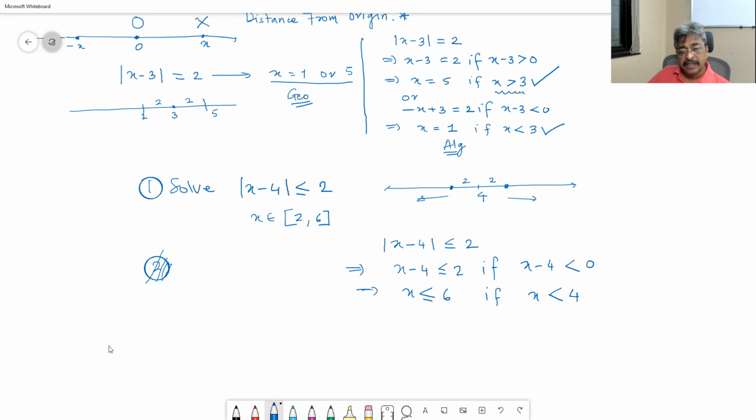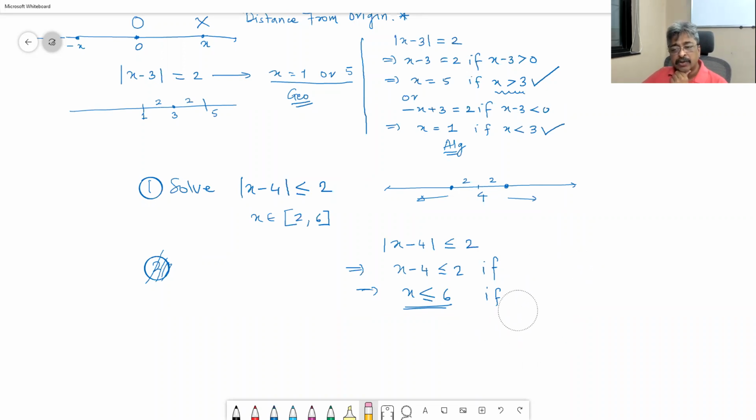Good. So if x is less than 4, your solution set will be towards this side. I mean, if I want to draw the solution set up to this point, is it then a hollow circle or dark circle at 6? Now, dark circle at 6 is giving actually the solution set from here, but it is not allowed. We are not supposed to take these points because the moment we take these points, sorry, I took it the wrong way around. Oh, my mistake, my bad.